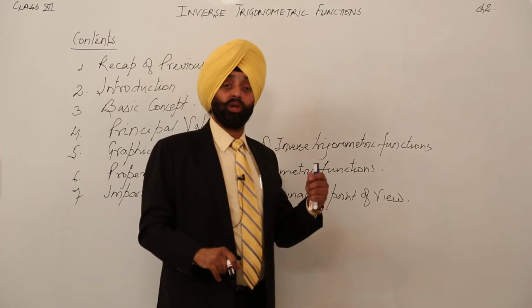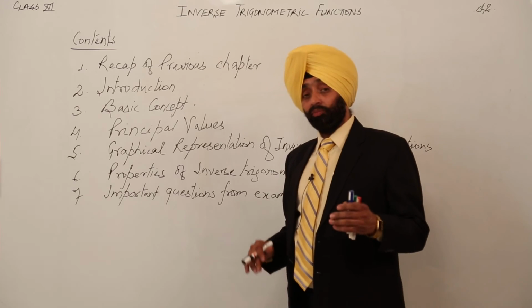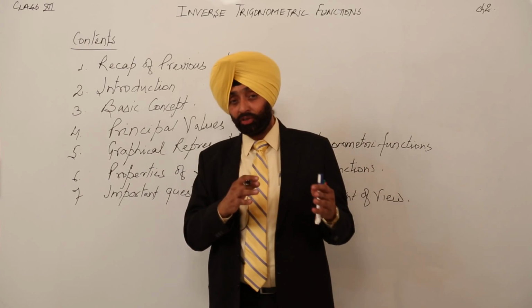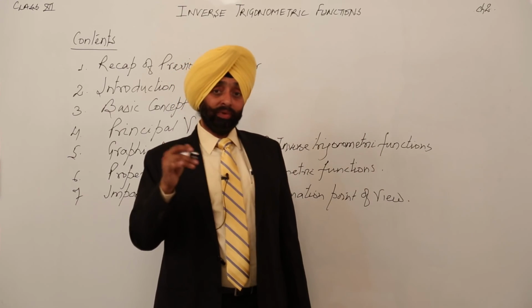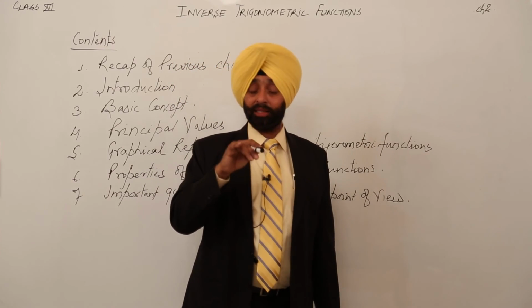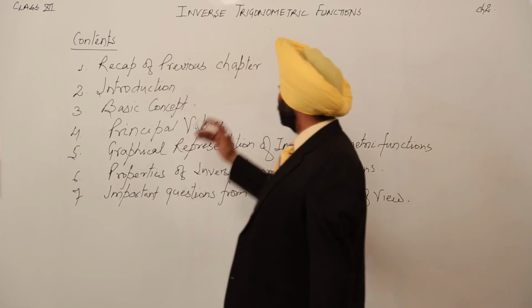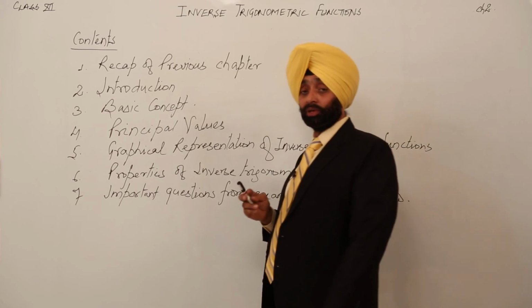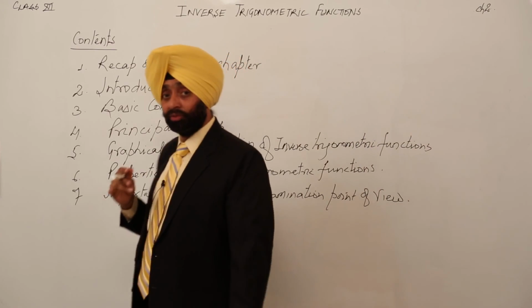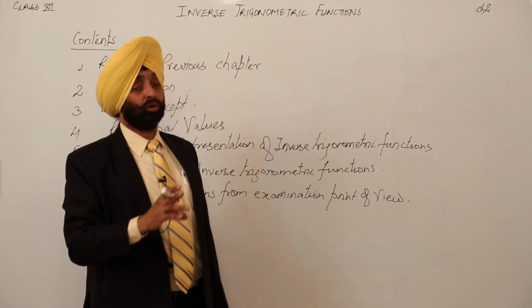Now moving to class 12th. In class 12th what did we do? We proved when a function is 1-1, when a function is onto, when we have to find the inverse of a function, what the conditions are. Here inverse is written on the top. What are the conditions for finding the inverse? For finding the inverse, a function should be 1-1 and onto.